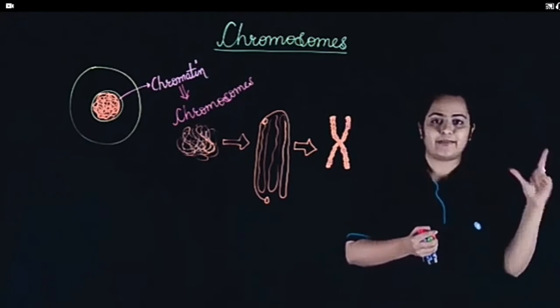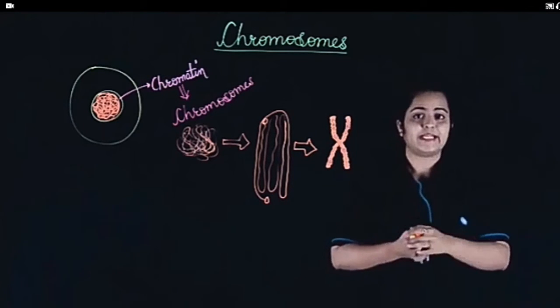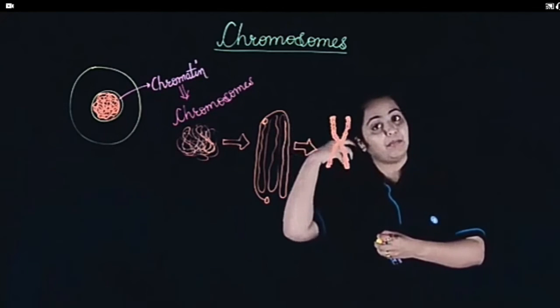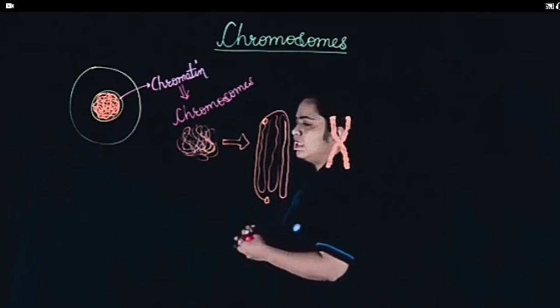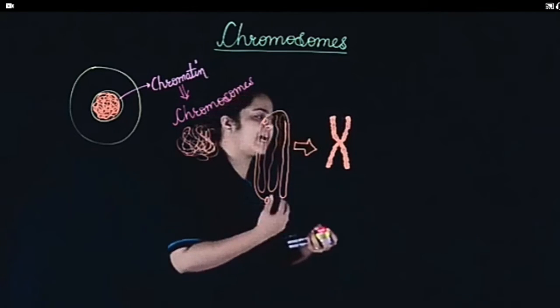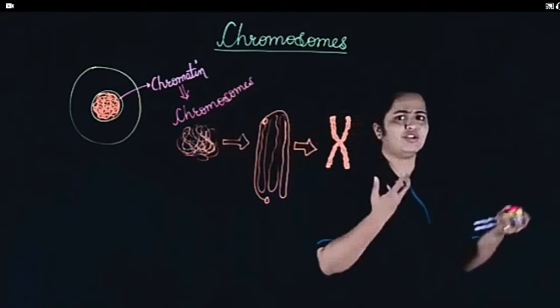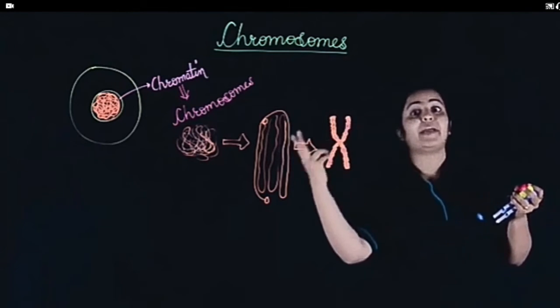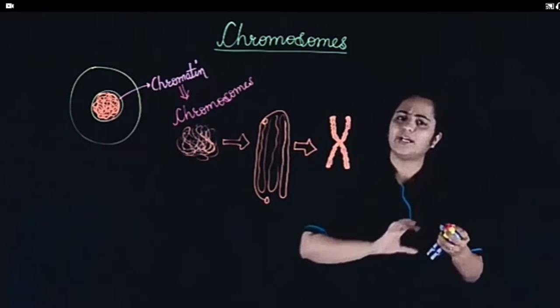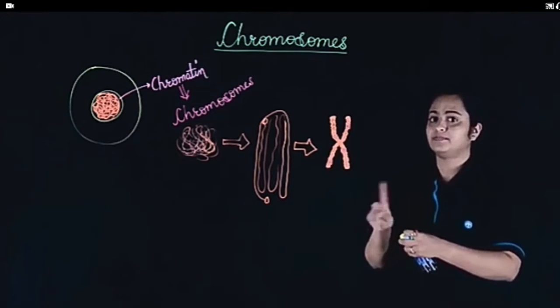The number of chromosomes will be the same for organisms belonging to one species. All humans have the same chromosome number. Yes, all lions will have the same number of chromosomes. All tigers will have the same number of chromosomes. But now, are all the chromosomes in our body the same? For example, we have been hearing humans have 46 chromosomes, 23 pairs. We are diploid, so 23 pairs of chromosomes. Are all the 23 pairs the same in our body?